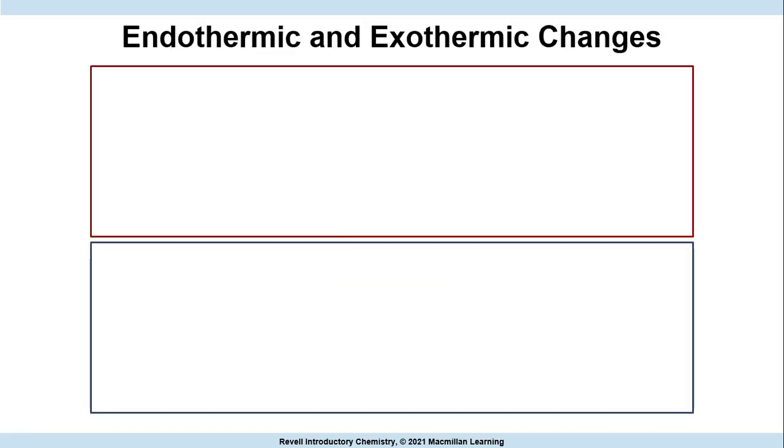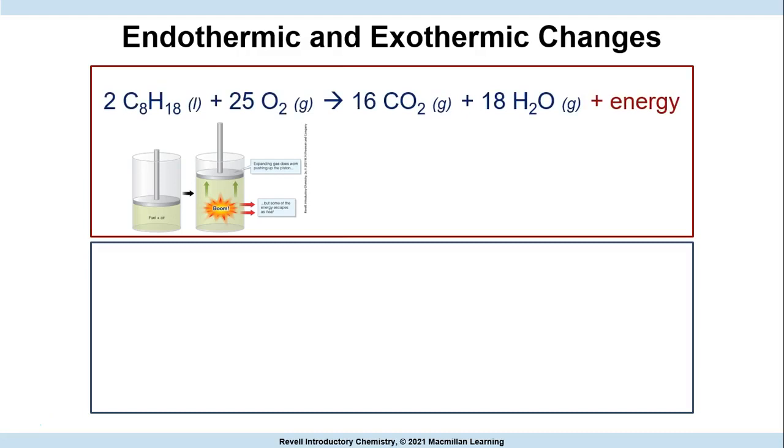Now we are going to look at what is called endothermic and exothermic changes. We are going to get back into that system of the piston and look at it in terms of what is happening in the system. Now we are going to look at it chemically. So we look at the propane, the gas, the gasoline that was found in that system, which is actually octane. When it burns with the air in that system, it produces carbon dioxide, water, and a great amount of heat.